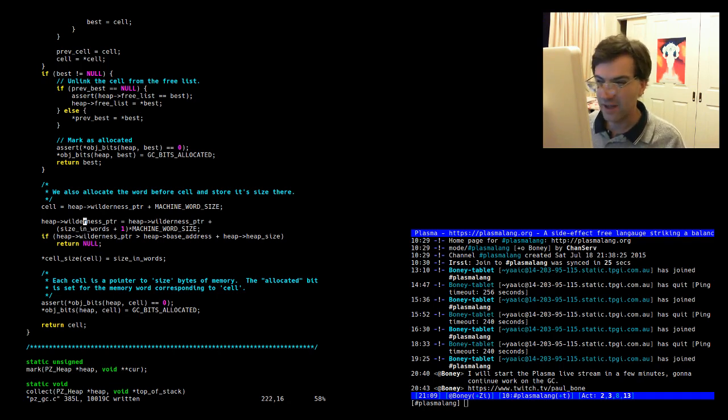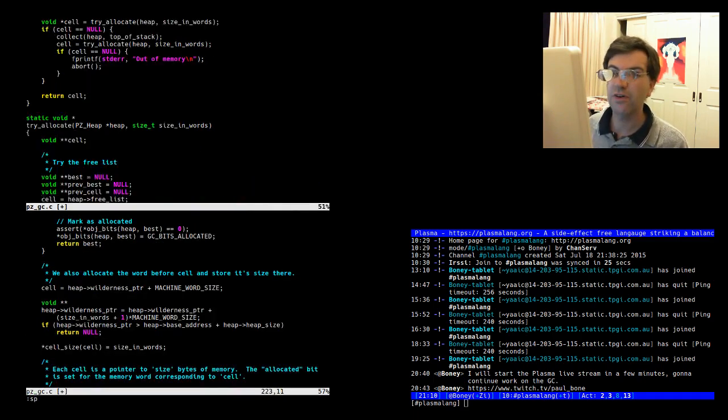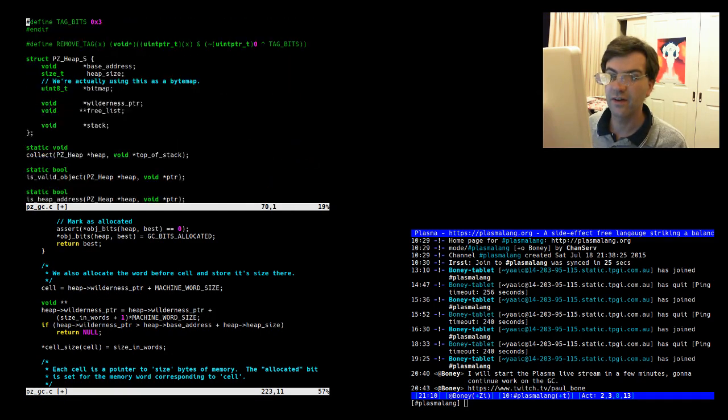Now, the other problem here is that even if we fail, we've still updated the wilderness pointer, which means we've changed the state of the heap. This is not okay. So what we actually want to do is say void pointer. Is wilderness pointer a double pointer? Let's see. No, it's a single pointer. Void wilderness pointer. New